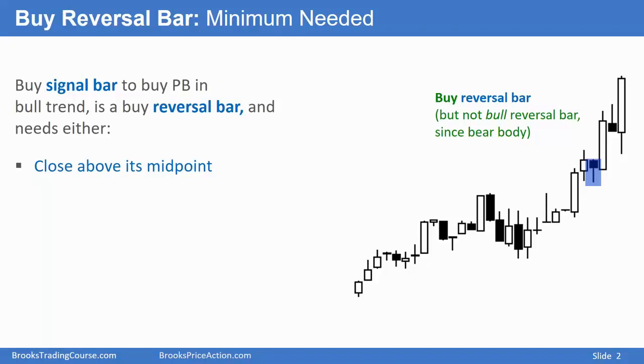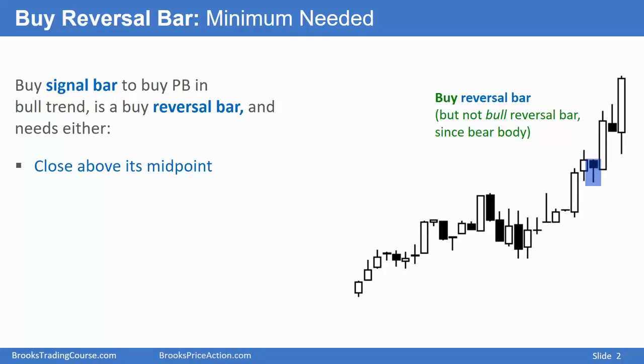When a trader is looking to buy with a stop, a good signal bar is a buy reversal bar, and the minimum needed is a bar that has a close above its midpoint. So for example, here we have a bull trend, and then we have an attempt to reverse. It's not a very good attempt, and it closed above its midpoint, and therefore traders will look to buy a resumption of the trend. They'll place a buy stop just above the high of that bar, and then they'll get